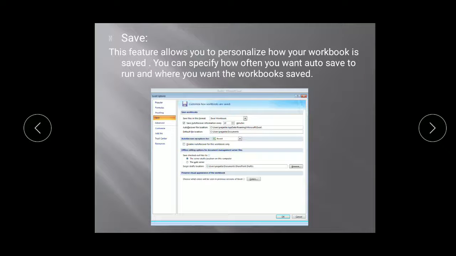Next is saving. Before saving, if I want some formatting to be directly applied to my Excel sheet, this feature allows you to personalize how your workbook is saved.